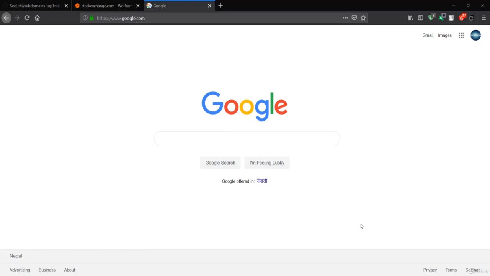So let's start from the basics before jumping into the code. First of all, when I type google.com here and hit enter, you can see this web page rendering over here. This web page is in the form of the markup language that we normally call HTML. What you see here is just a render, a couple of images, but inside here you can see the source code containing the HTML markup language code.